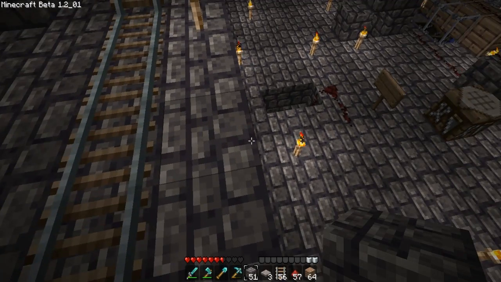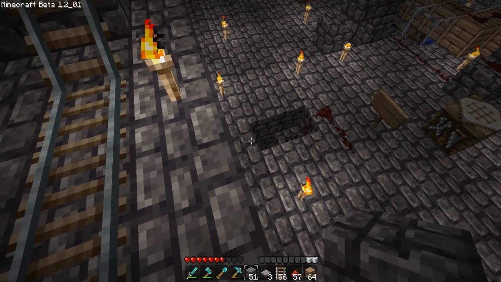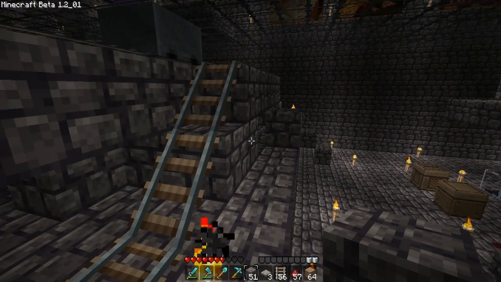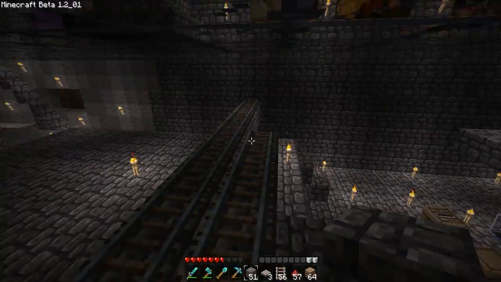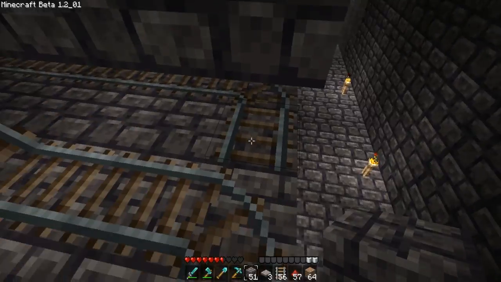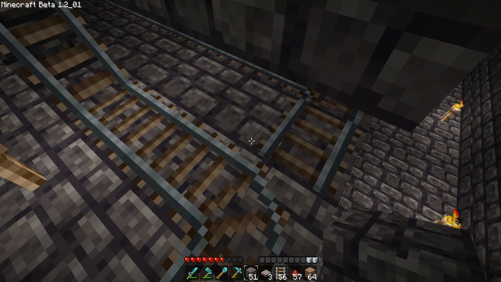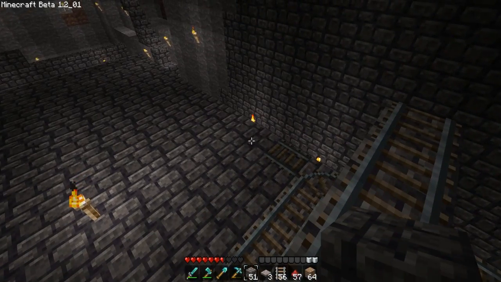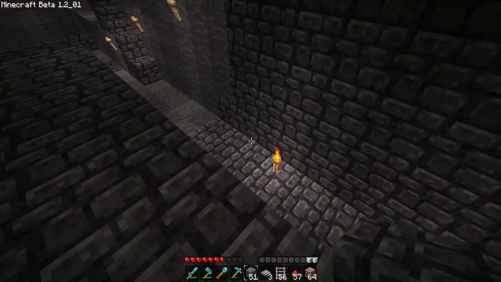And that pressure plate activates the toggle over here, this toggle that we built underground right here. It activates that, which changes the state of this side of the track so that all of these track pieces turn to the other direction. Then what would happen? Well, our cart would continue down the line this way,